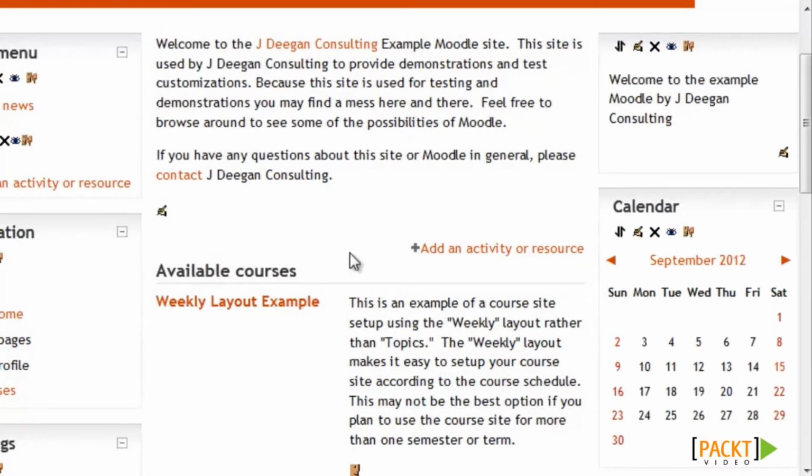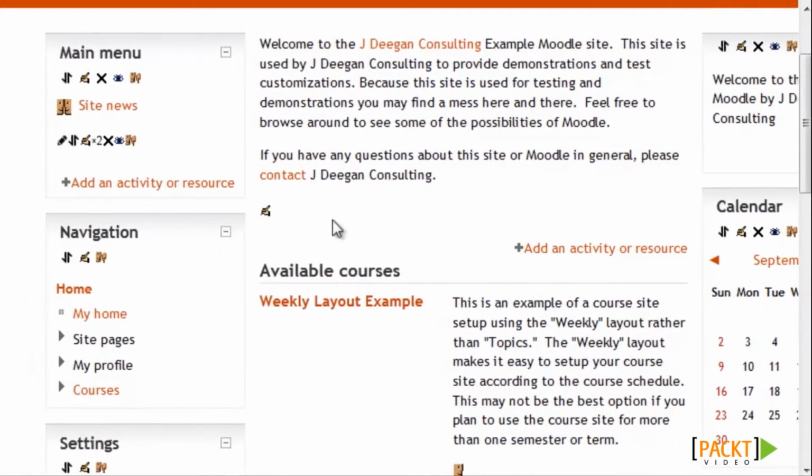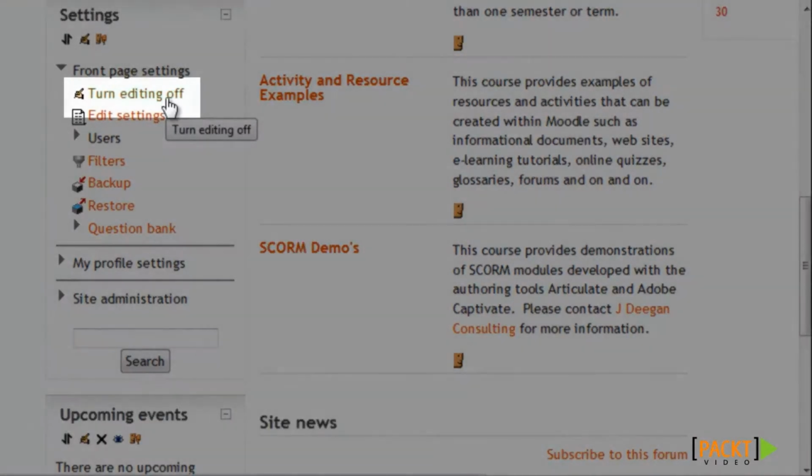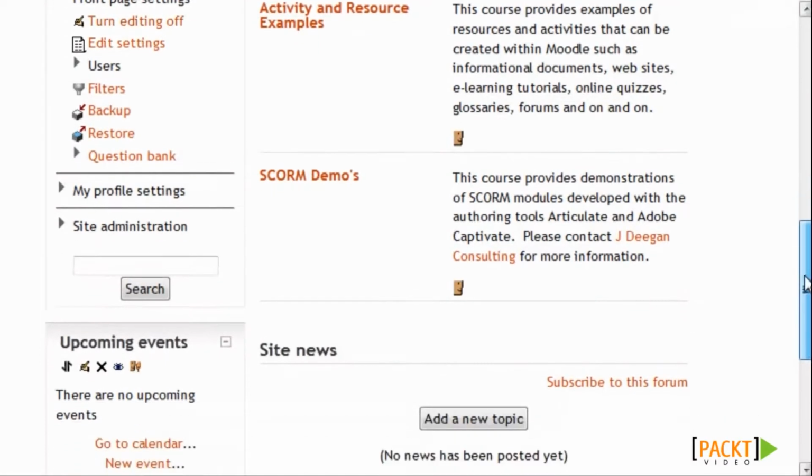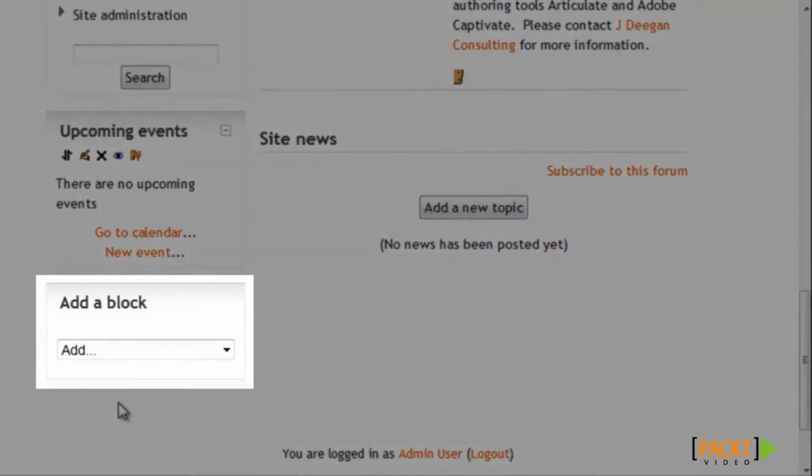Let's take a look at how to add and remove blocks, and you'll be able to see what other blocks are available in a standard install of Moodle. To add or remove blocks, first you'll need to turn editing on. You can see I'm already in editing mode, but if it said turn editing on here, you would need to click it. And then after turning editing on, you'll see this add a block appear down towards the bottom